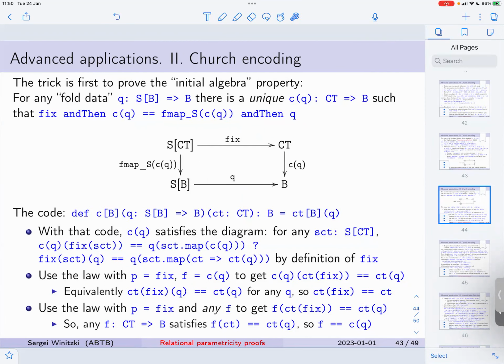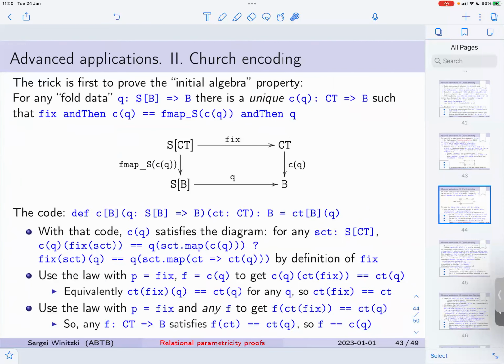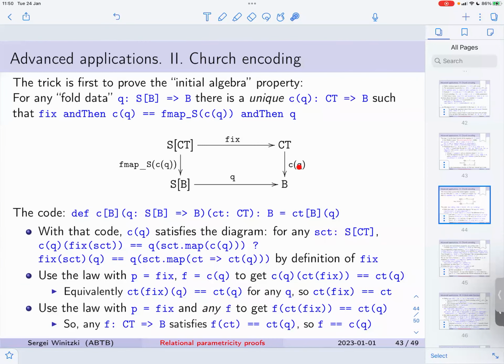So it is true that this is satisfied. Now we use the relational law, where we take this diagram as the precondition of that law. So P is fix, and F is the C of Q. And the law gives us this equation, which equivalently means, if you substitute what C of Q means here, this code,